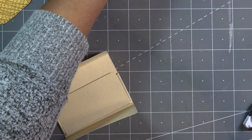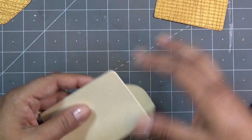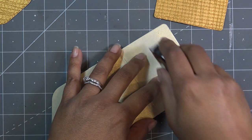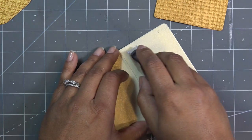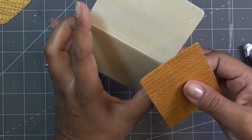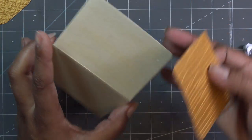I'm trying to think if I want to use a wet glue. We'll just use the same. Now if that was a different type of paper, I would run it on the back of the paper, but since it's a little bit different and a little more delicate, I'd rather run it on this. Okay,